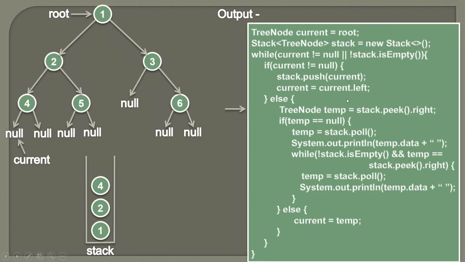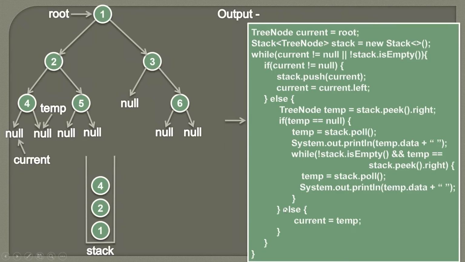So in the first step what we do is, we create a temporary variable and we assign a value stack.peek.right. So here you can see in the stack whichever is the last element inserted is the peek of the stack. So when we do stack.peek, we are simply pointing to this node 4, and if we do .right, then we are actually pointing to node's right. So here this is 4 and right will be null. So we will see why we are creating this temporary variable. So for timing, you can see that temp is pointing to null.